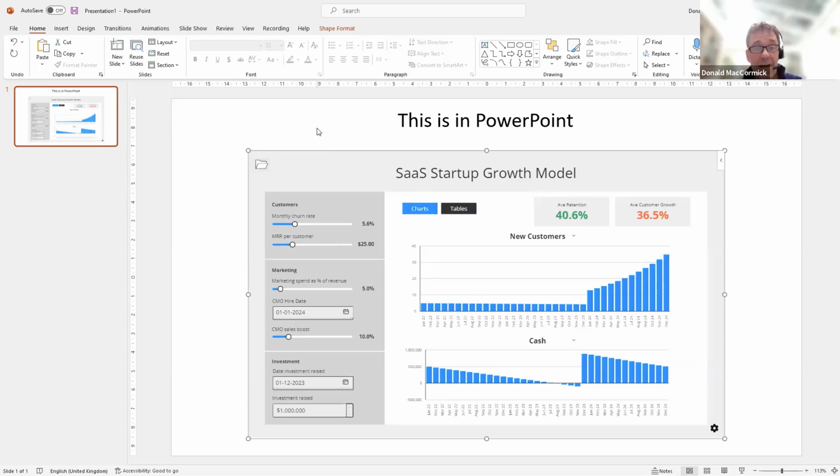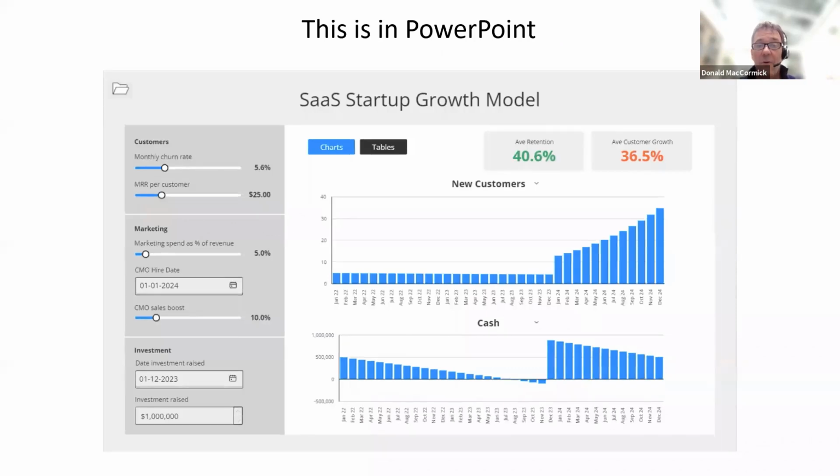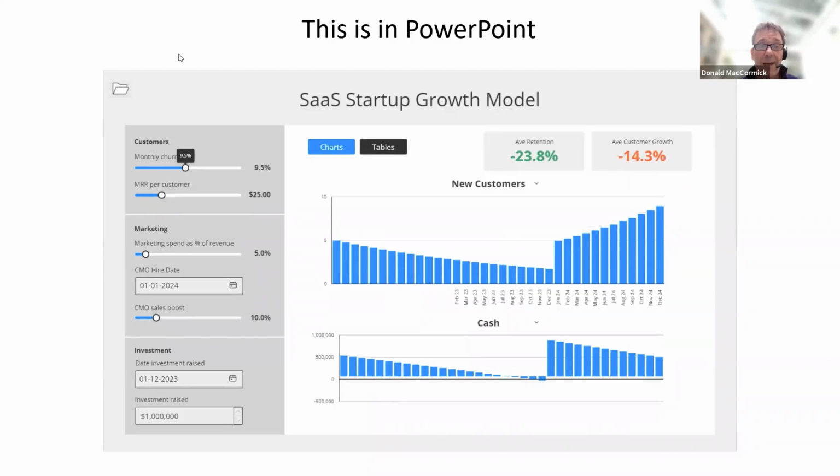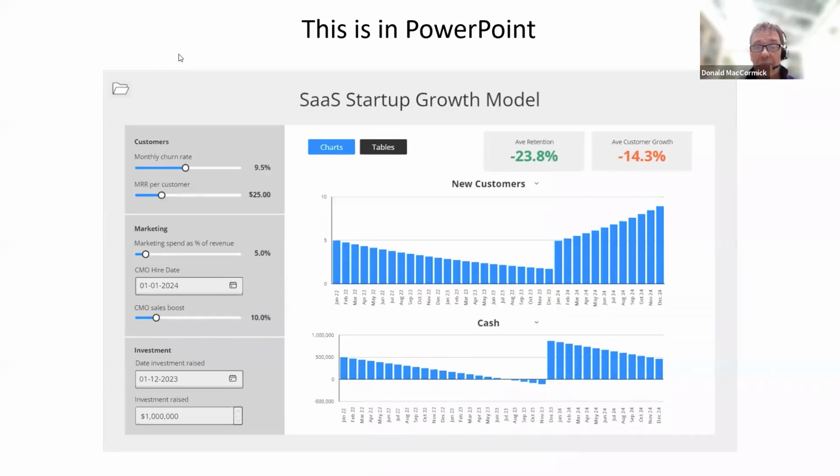And indeed, if I hit F5 here in PowerPoint, I get full screen. So this is now in the flow of my PowerPoint presentation. So I'm talking about the background to my model and all this sort of stuff. And then I say, and here is the model presented. And when I'm live, I can do the same thing. So I don't have to go out of the flow of PowerPoint. I can just make it an interactive part of my presentation, which is a really nice way of presenting these